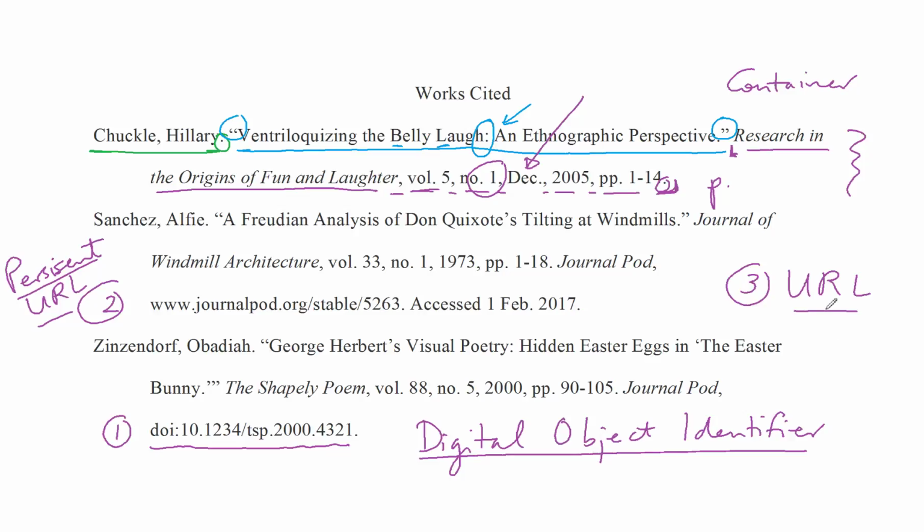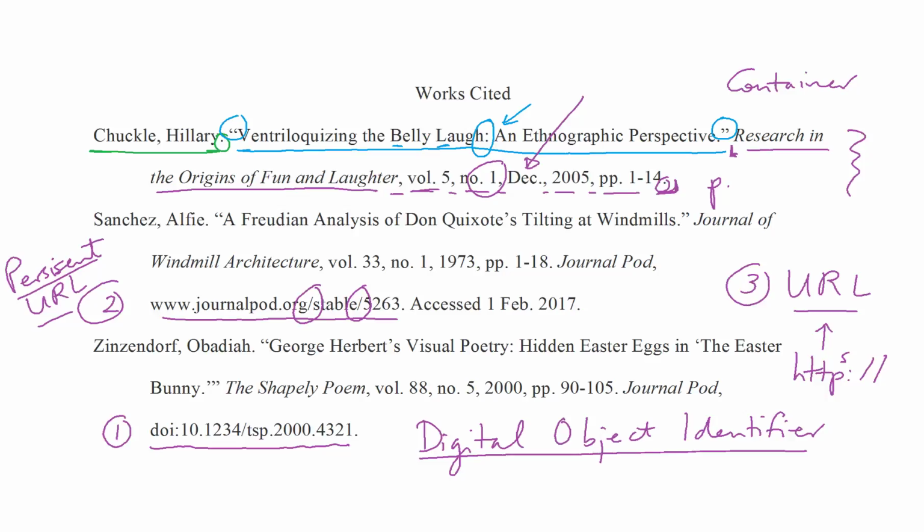If you do give the URL, so either option 2 or 3, you can get rid of the little bit that comes before. This is especially true for this third option here. You can get rid of this HTTP bit at the beginning, sometimes HTTPS as well. So you don't need that in your particular citation here. The other thing you can do with a URL is you can break it up. So you can see these slashes, and at the end of your line, if your URL was really long, you could break it up there so that it doesn't create this awkward spacing in your